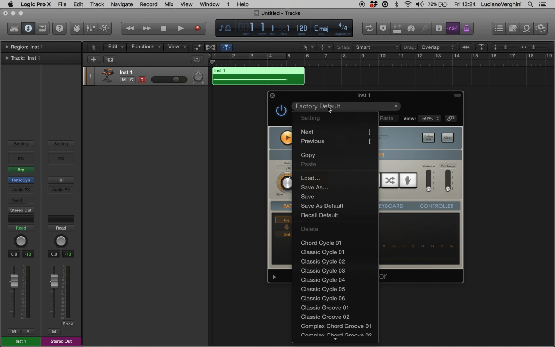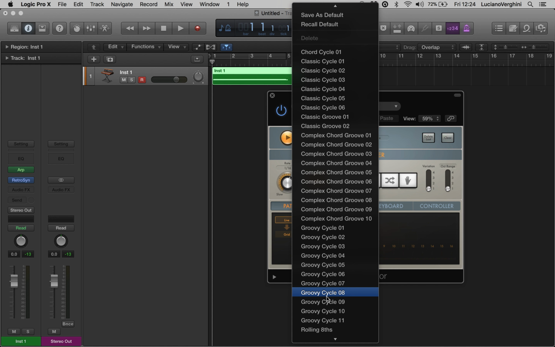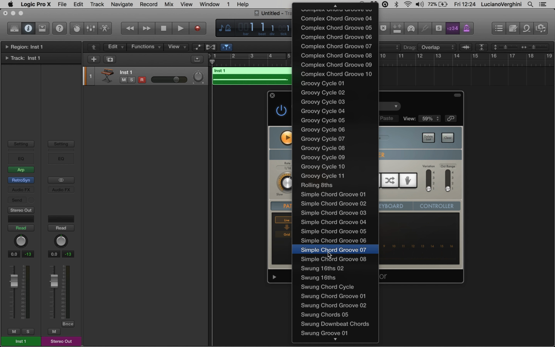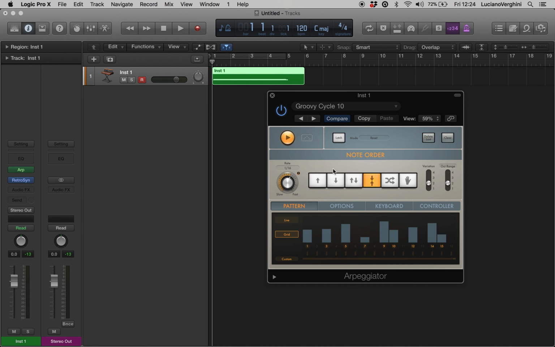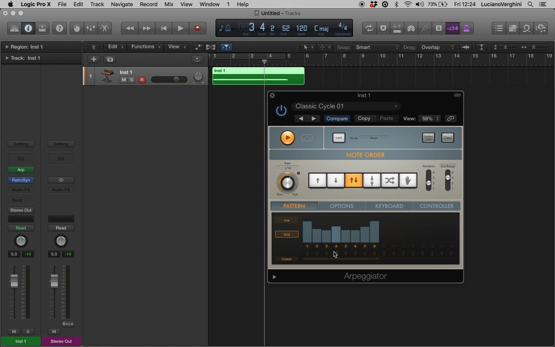You can go into factory defaults and select a huge range of them. So let's just pick one at random here. So Groovy Cycle 10. Don't really know if that's grooving me. Let's try Classic Cycle 01. Again, not that much better, but you get